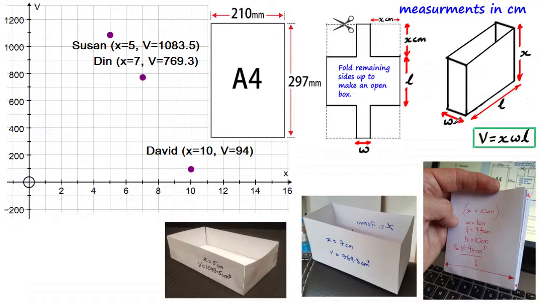Right, David coming in with 21 minus 2x. Anybody else agree with that? Din, 210 minus 2x. Remember, these measurements, by the way, are in centimeters. I needed to mention that to you. So I do understand why you're saying 210 minus 2x, and well done for having a go at that. But David is right, because it's in centimeters, 21 minus 2x. That's good. So that's the width.